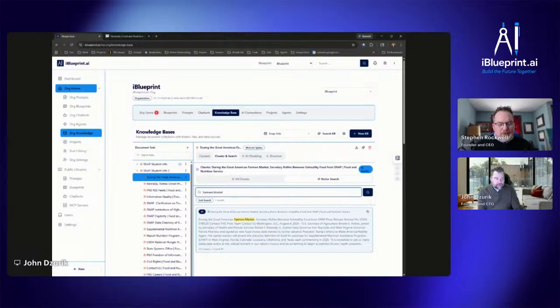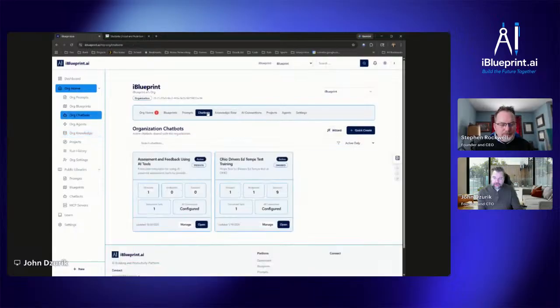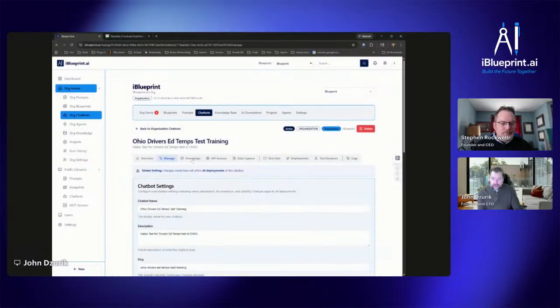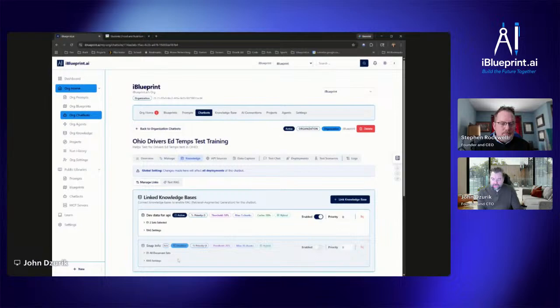So that's awesome. John, I don't know if you have more to show here, but do you want to show how that's now leveraged in the chatbot? Sure, sure. Let's go with one of these. And now you've got the knowledge base, and there we go. And now you can enable it. So now we have that knowledge base in there,